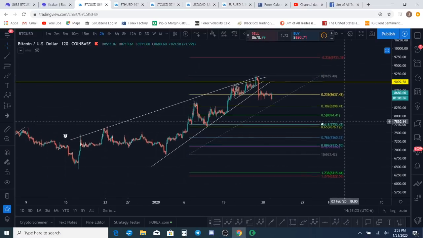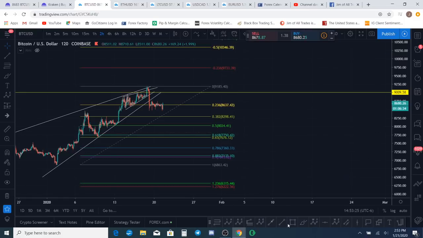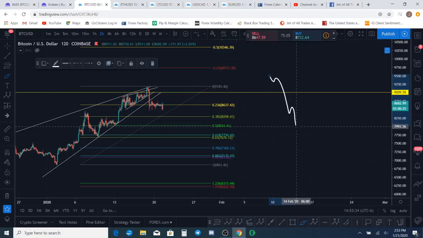Okay, so basically, guys, when we get an impulse wave, let's just talk about this for a second here. An impulse wave basically is going to be a very quick wave. It's going to be 5 waves. Usually you can count 5 waves in there somewhere. Then after that, we generally expect a 3-wave pullback, some kind of a 3-wave correction afterwards.